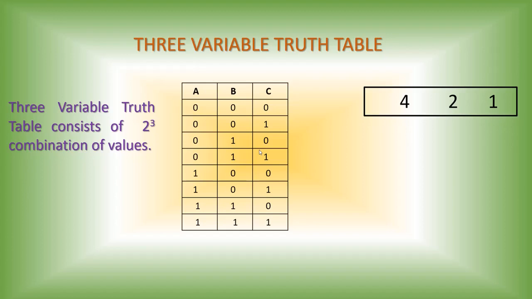So this is the 3 variable truth table. This is the way you can generate a 3 variable truth table. Same way you can generate a 4 variable truth table. If it is a 4 variable, instead of this format, you have to use the format double this value. When you double this value, you will get 8. So that means the format will be 8, 4, 2, 1 format. That is a 4 variable truth table. That is not needed in our syllabus; only the 3 variable truth table is there in our syllabus.